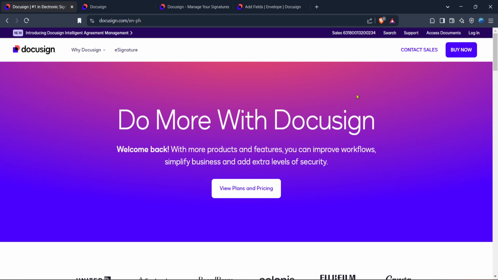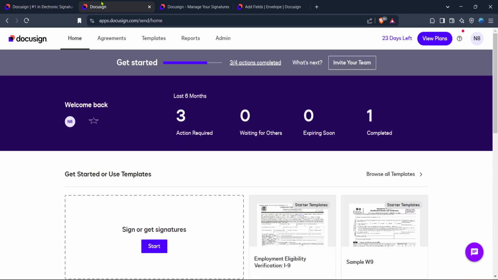Enter your login credentials. This should be your registered email address and your secure password. If you've forgotten your credentials, you can make use of their forgot password feature to reset it. Once you've logged in successfully, you'll be directed to the Docusign homepage, which is essentially your command center for managing